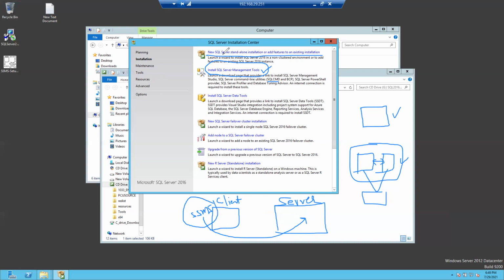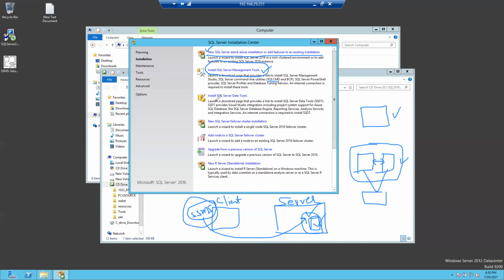So whatever installation we are doing, the new SQL Server standalone installation, that is database engine services we are installing on this server. Once that is installed, databases will be created. Based on the requirement from the client, whichever databases they want to create, we will be creating databases here. How can you connect to these databases? Through the SSMS client tool, which needs to be installed on our machine. Through that only we can connect to this database server.